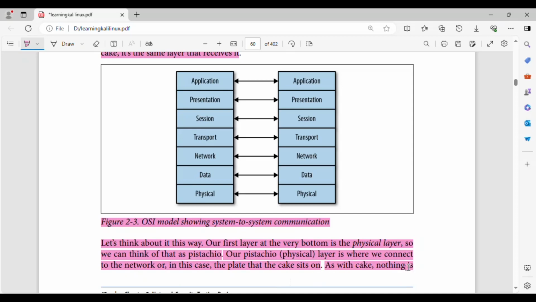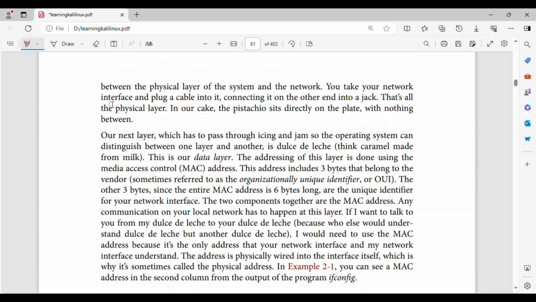As with cake, nothing is between the physical layer of the system and the network. You take your network interface and plug a cable into it, connecting it on the other end into a jack. That's all. The physical layer. In our cake, the pistachio sits directly on the plate, with nothing between.